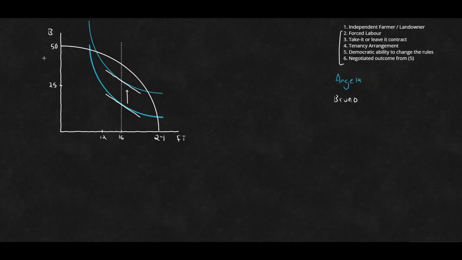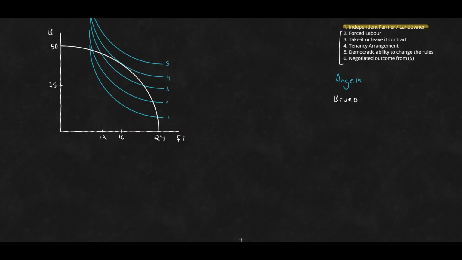So with that assumption in place, let's just clean this up and take a look at our first case scenario, which would be that Angela is an independent farmer or that landowner. And we've actually looked at this already, so we'll go through it pretty quick. Again, let's clean up and have a look. Okay, so starting off, we have this scenario where Angela is the independent farmer, the landowner.